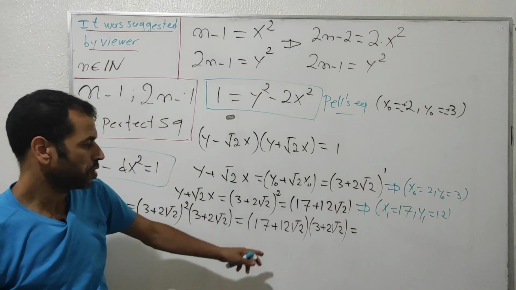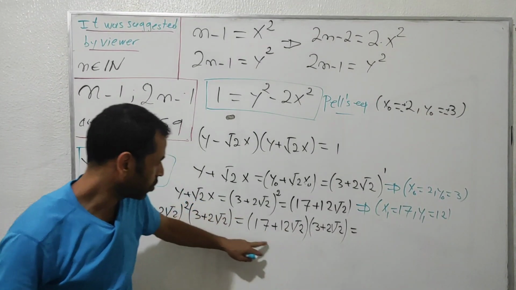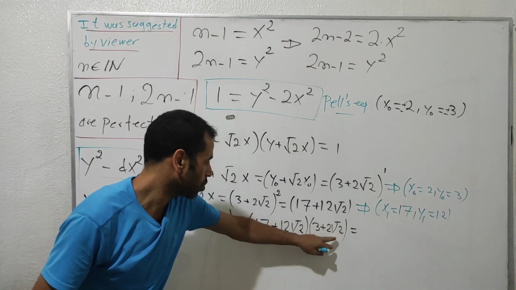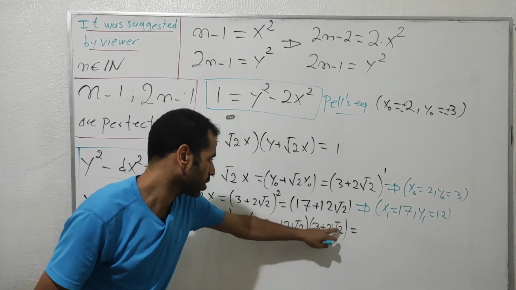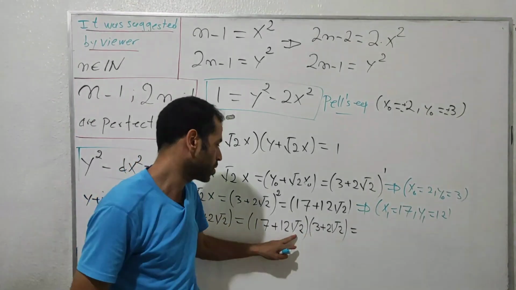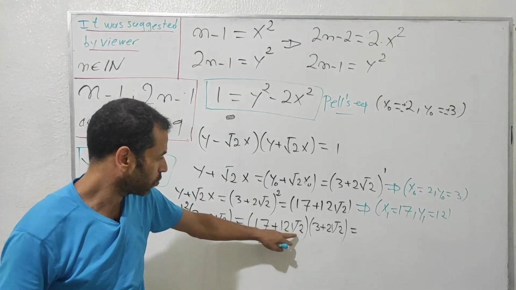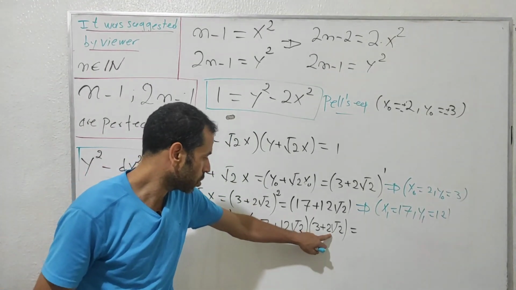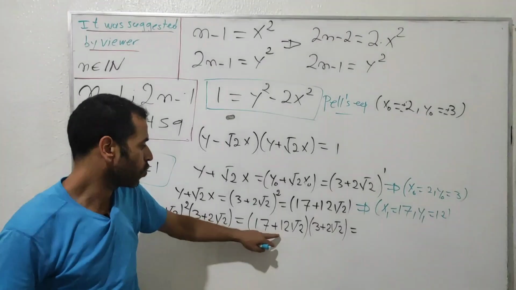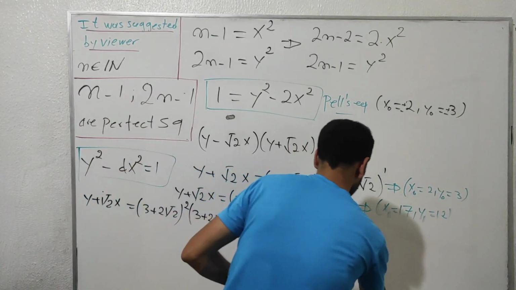So by simplifying this one, you get 17 multiplied by 3, which is 51, plus this term multiplied by this term. So the square root of 2 gets cancelled out, because we have the same copy of the square root of 2. Square root of 2 multiplied by square root of 2 is given as 2. 2 multiplied by 2 is 4. 4 multiplied by 12 is 48. 48 plus 51 is 99. Okay, so you get 99 here,